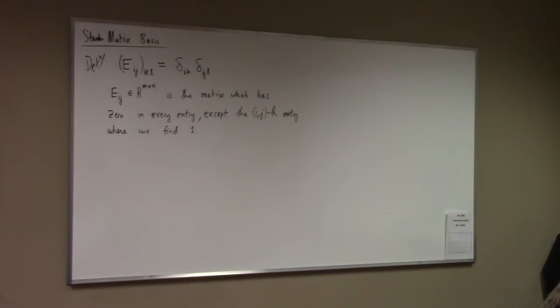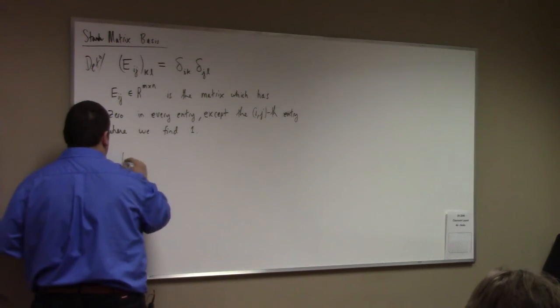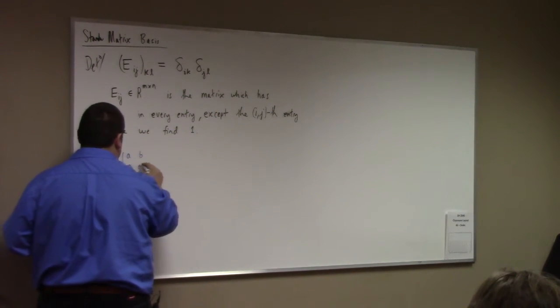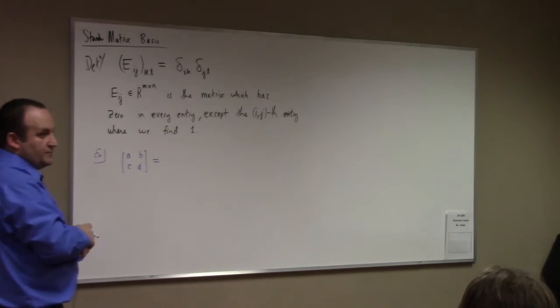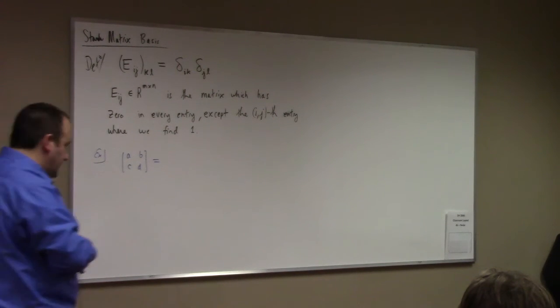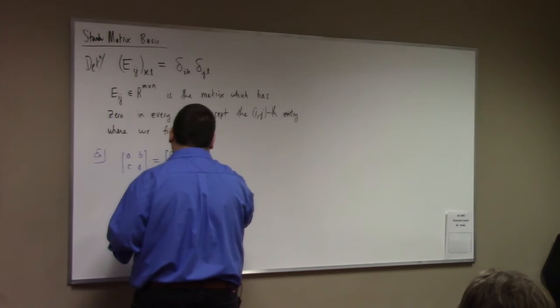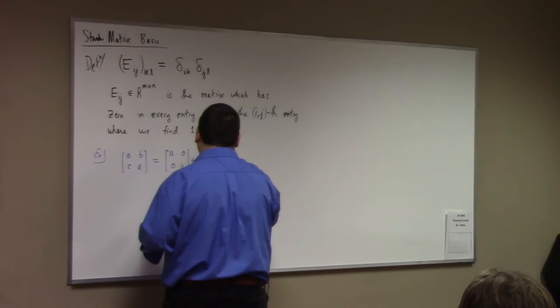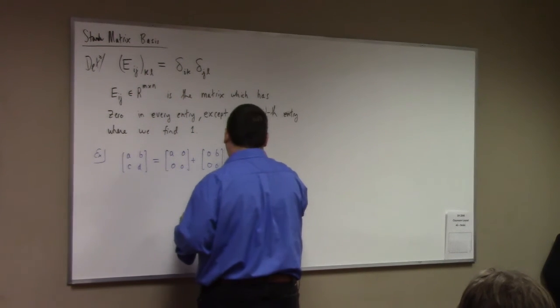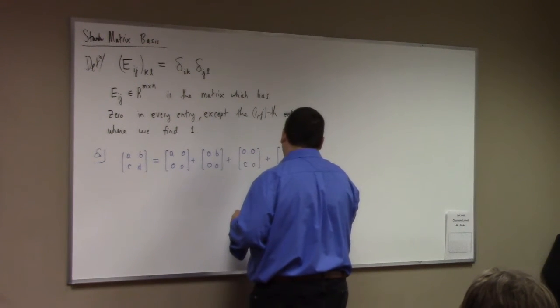Again, I'll do a 2-by-2 example just to make sure that we're all on the same page here. Suppose I'm looking at the matrix with rows (A, B) and (C, D). By definition of matrix addition and scalar multiplication I gave to you guys last class, we can rewrite this as the sum of 4 things: (A, 0; 0, 0) plus (0, B; 0, 0) plus (0, 0; C, 0) plus (0, 0; 0, D).